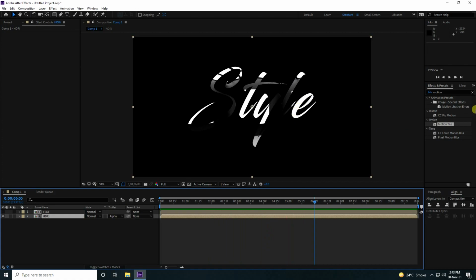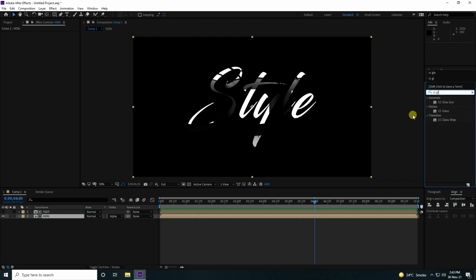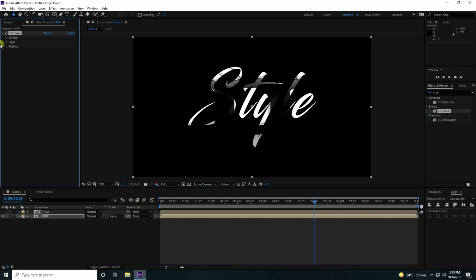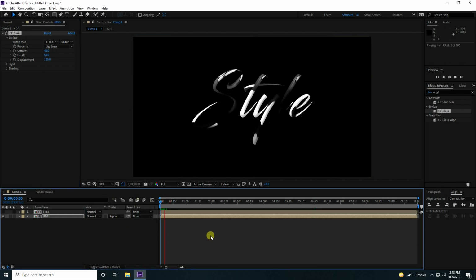Now again go to Effects and Presets and type CC Glass. Select CC Glass and apply it on the HDRI image. Go to surface and bump map, and this time I take text. Increase softness to double, 40, and height double, like 50. Go back and play.